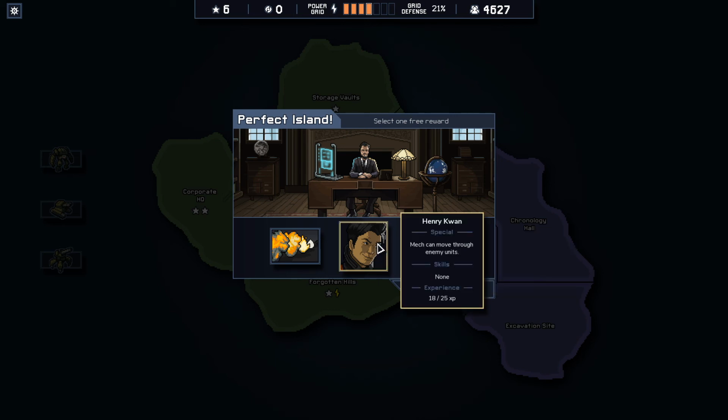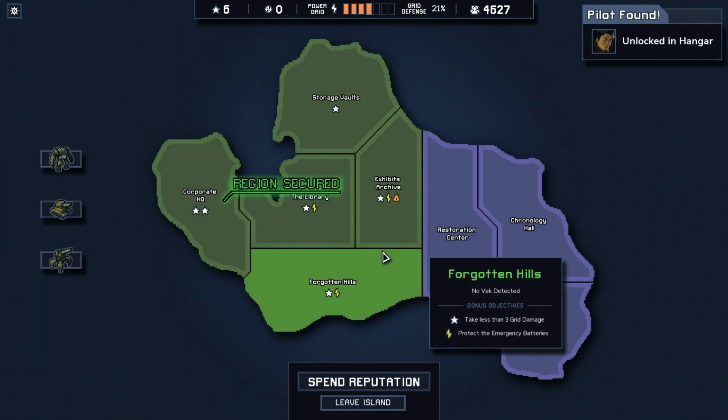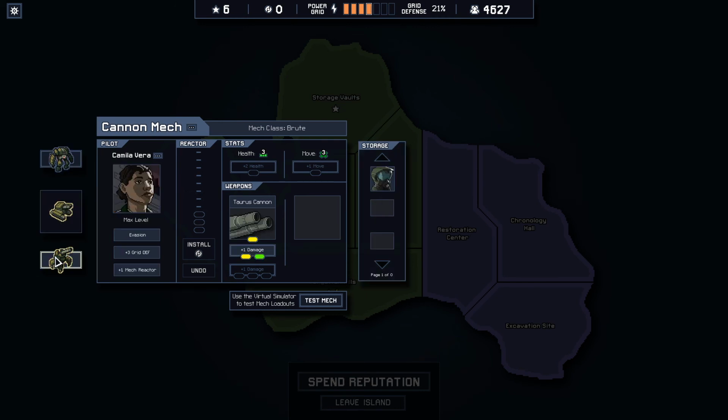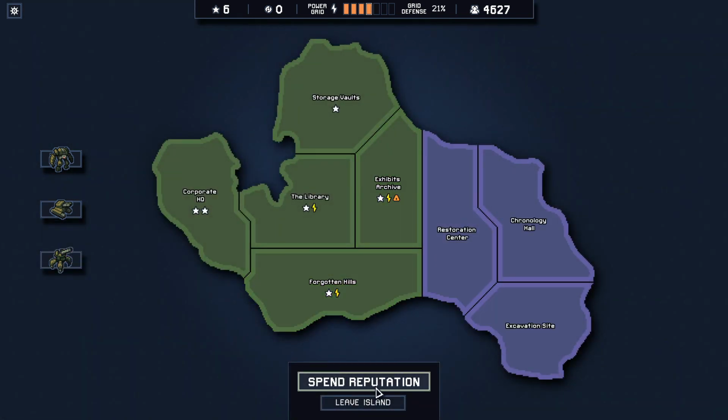But a mech that can move through enemy units, if we put him on our combat punch mech, would be really, really powerful. And I could just spend... Yeah, let's grab him. We've also unlocked a new pilot, Henry. You come on down. And I'm going to sell you. Or we could just keep him in storage too, but...